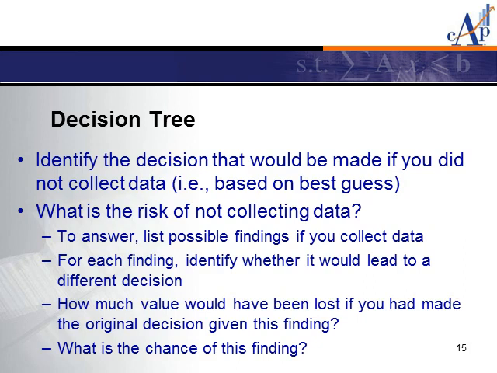I now have to ask the question in my mental exercise, what's the chance of my getting a result different than what I expected? What's the chance of my getting a result that's worse than I expected? What's the chance of my getting a result that's better than expected? And so now I've got a consequence. What's the downside risk if I don't collect the data? What's the chance of this downside risk occurring, namely surprising results? And that gives me an estimate of the value of information. What is the risk if I don't collect the data?